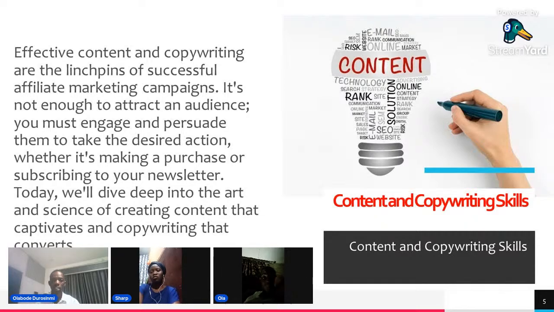Then number nine, this is analytics. Try to analyze what you have done. Every time you do something, analyze it and check the results. If it is good, keep it up. If it is not good, go back to your drawing board, check it again, and look for a way to make it better. It is very, very important. So these are the main points I'm going to talk about when it comes to